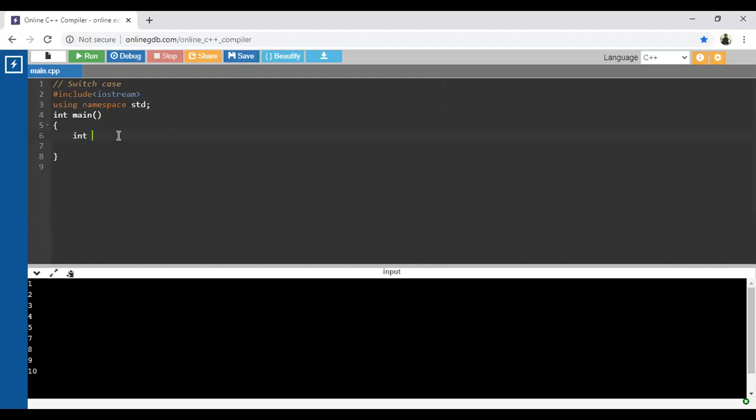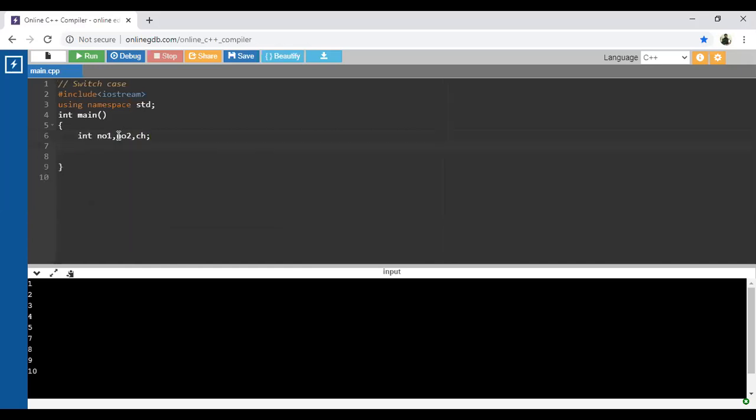We are performing 4 different arithmetic operations. For that purpose, from the user end, we are going to accept 2 numbers as well as a choice: addition, subtraction, division, and multiplication. So what variables are required for this operation? We will require 3 variables. First one is number 1, then number 2, and the third one is the choice. Choice again is of integer type. As per your need, you can consider the choice as string or float and so on.